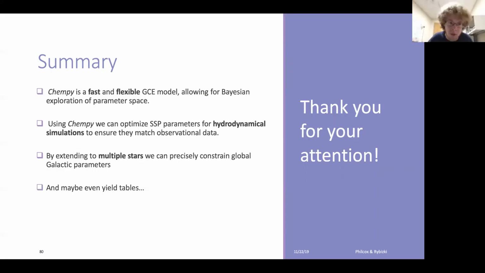So there's one thing I should mention at this point, which is that the entire Chempy project is completely open source. All of our code is fully available on GitHub. We have full tutorials for how to use it, how to extend it to multiple stars, how to run Hamiltonian Monte Carlo, and how to score yield tables themselves. In fact, given a set of yield tables, it's no more than a day or two's work to compute scores of how well they actually perform. It's been designed publicly such that anybody is more than welcome to use it, and we're very happy to help out with any usages. We definitely encourage other people to use it beyond our collaboration.